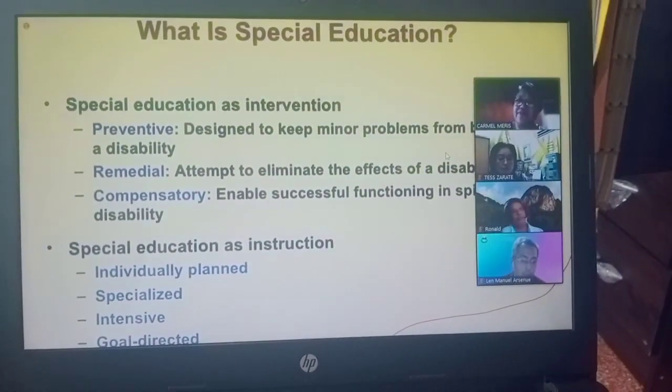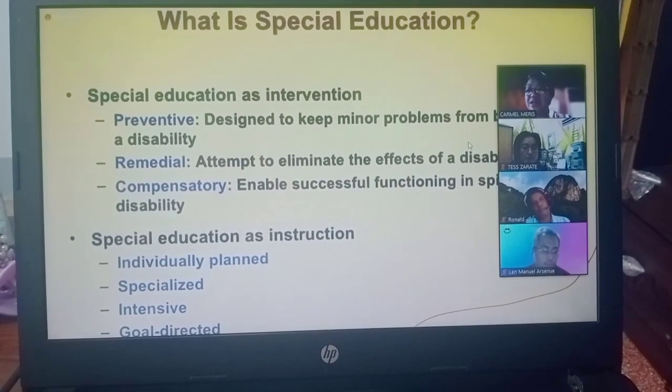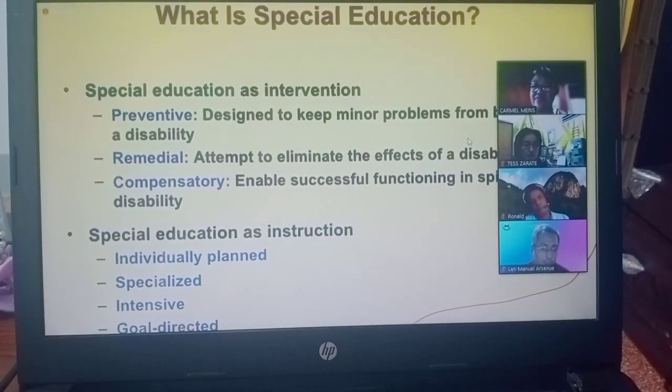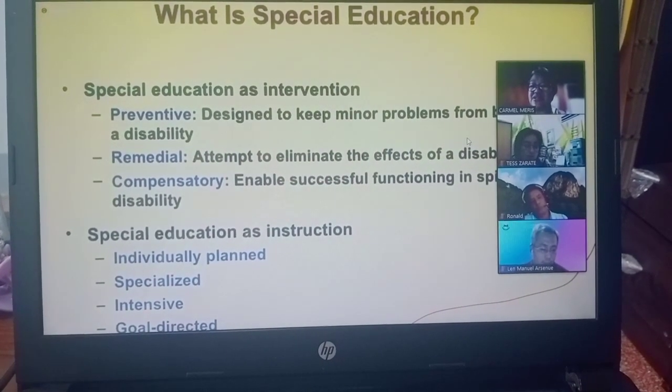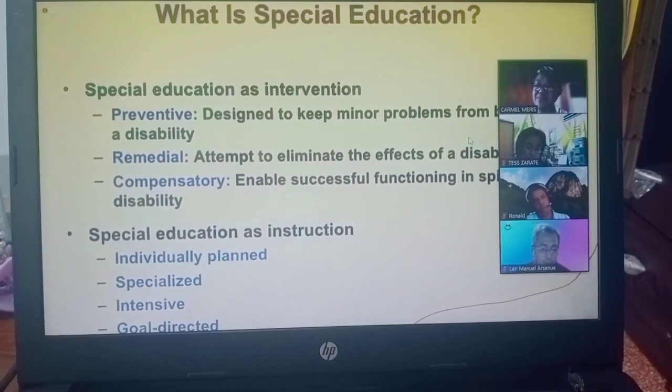So if that child who is a non-reader cannot really be able to read for life, how can he be successful? Compensatory, meaning we're providing him skills, other skills,